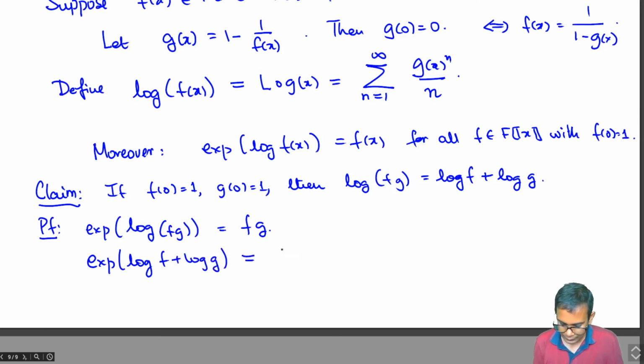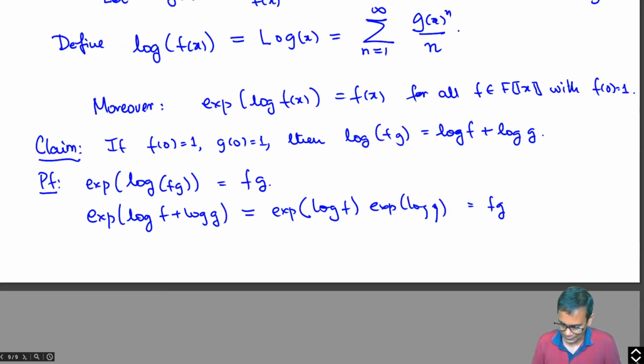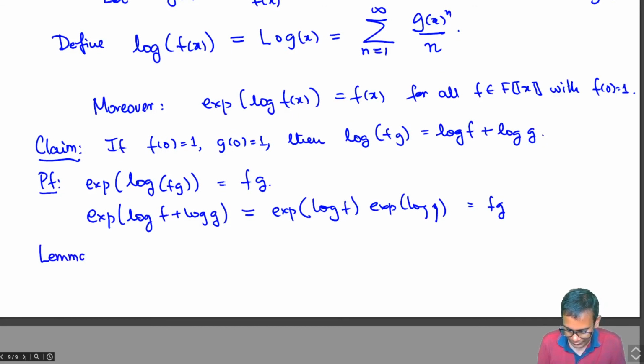Well, using the exponential property of the exponential function, this is x log f, x log g, which is again f times g. So the exponential of the left hand side is equal to the exponential of the right hand side. And so to conclude that the left hand side and the right hand side are equal, I need the following